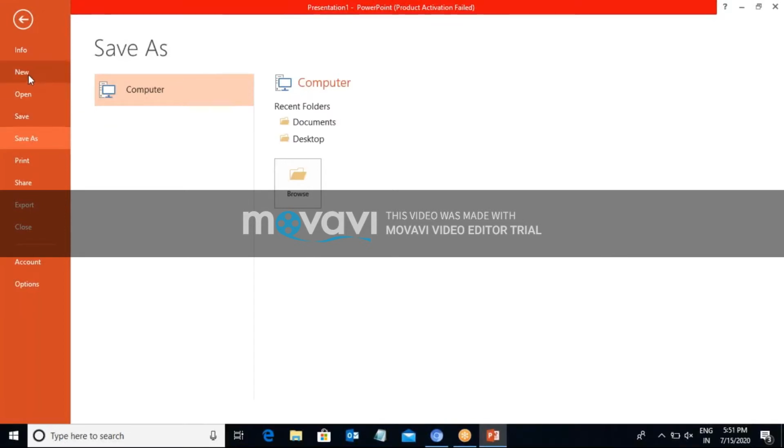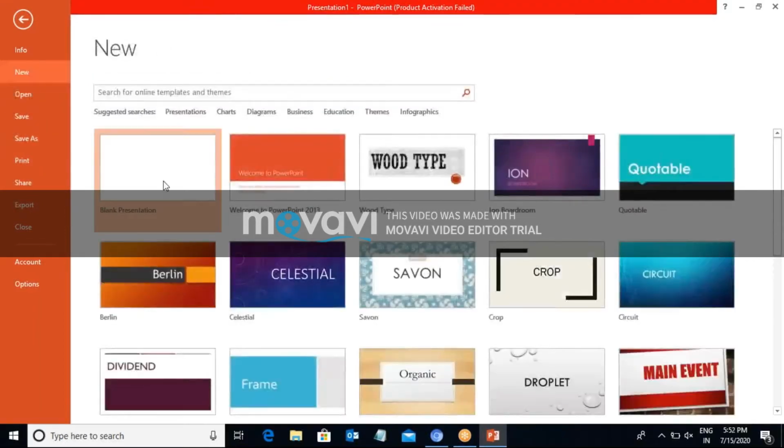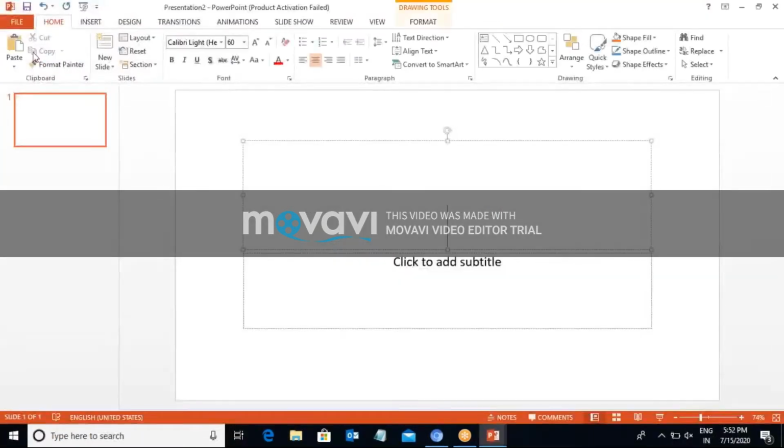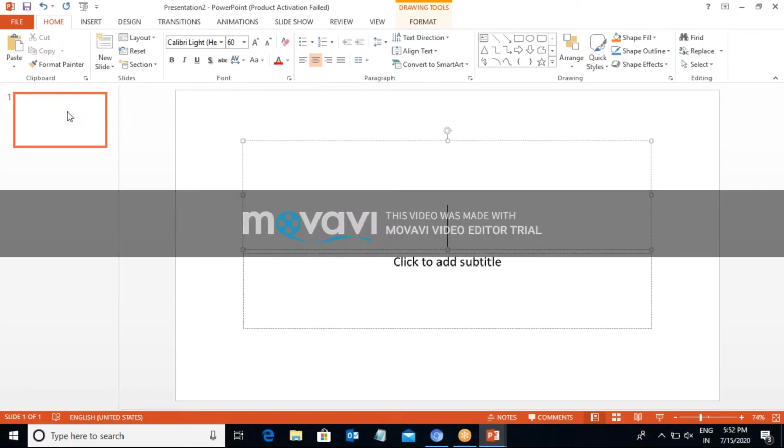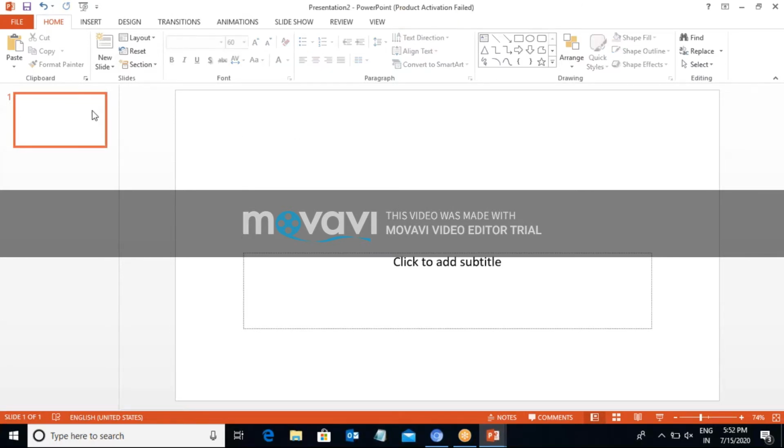Start the blank presentation, go to the Home page, and create slides. The number of slides you create depends on you. Then start with the first slide, where we can see two options: first to click for a title and second to add the subtitle.